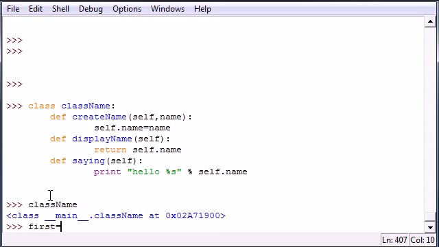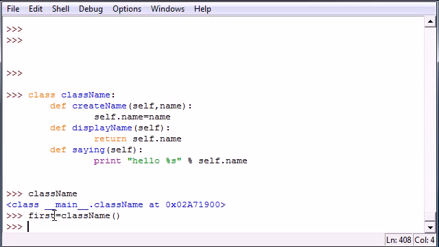So first, class name with empty parameters. Again, once you create an object, you have to name your object. I name mine first. You can name yours anything you want. And then put what class